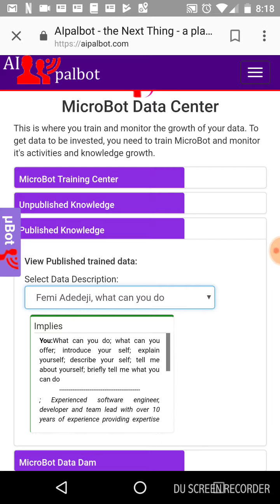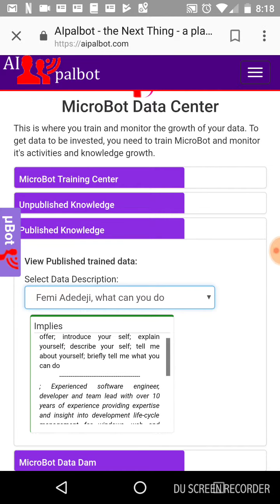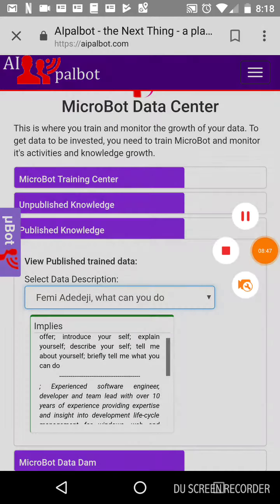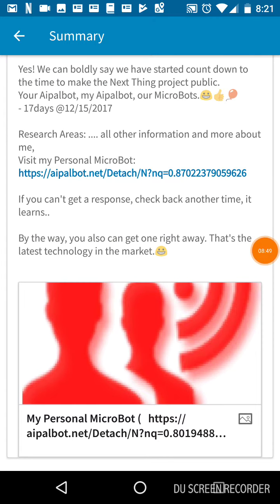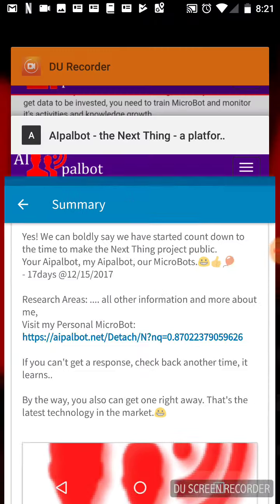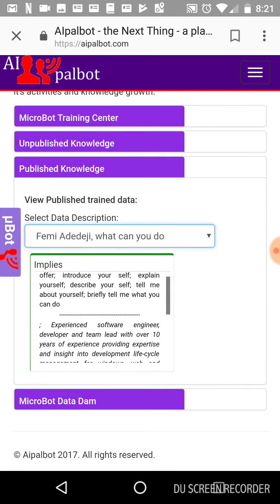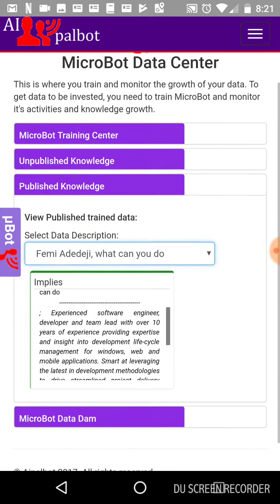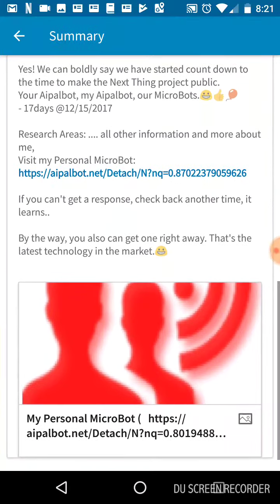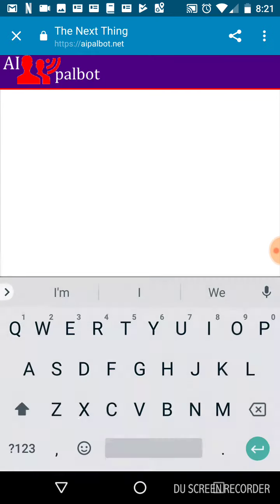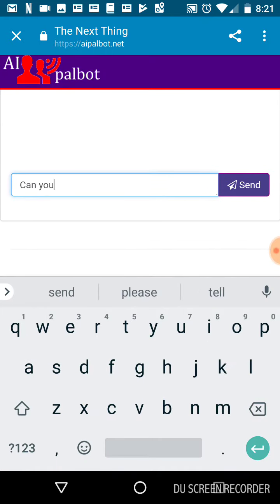Let's redemonstrate it again by asking our microbot something that is similar or closer to some of these options that we have here. If we take a look at the review of what we have done before, I could go to my microbot and just construct a question to ask something about the owner of this microbot. So can you